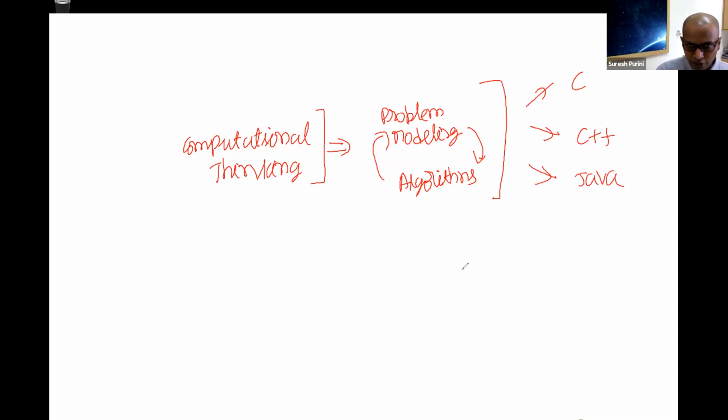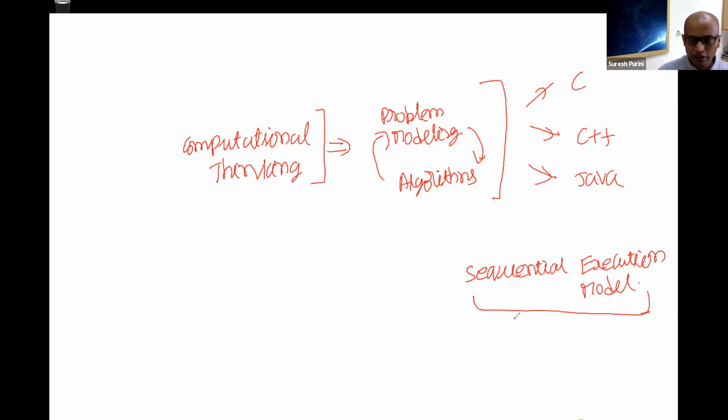But one important thing is there is what is called an underlying execution model. A specific execution model that we have seen is what is called a sequential execution model. This execution model is also important. So what is the sequential execution model? The sequential execution model says there is a single thread of execution,